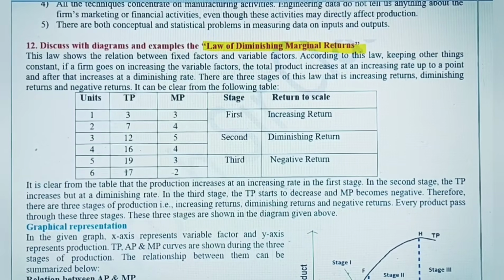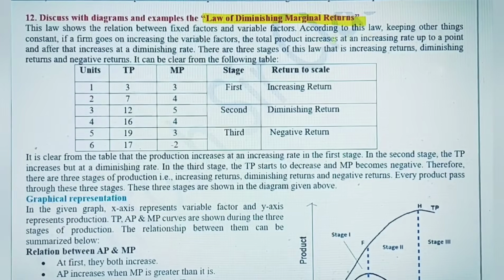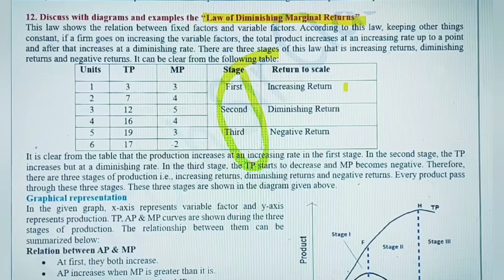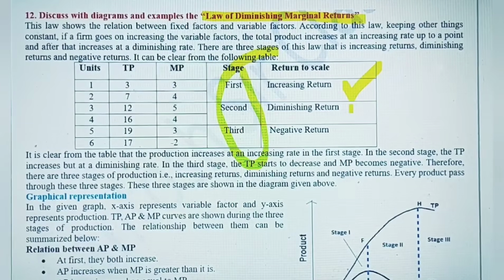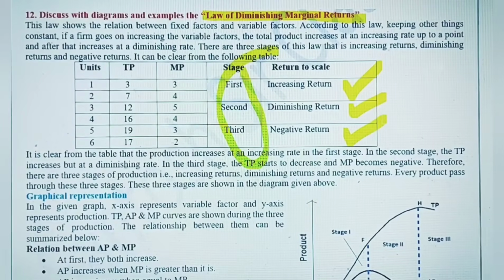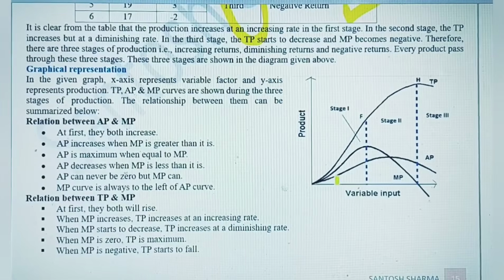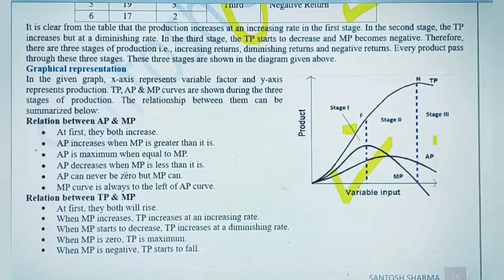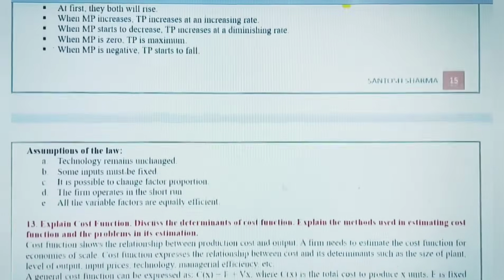Now just now I was telling you about कि TP, AP, MP इनका रिलेशन. तो ये जो लॉ है बेसिकली उसी से रिलेटेड है, जहाँ पे 3 स्टेज होते हैं, जहाँ पे सबसे पहले प्रोडक्शन इंक्रीज करता है at an increasing rate, then it decreases at a diminishing rate, and then becomes negative. So this is what is explained in this particular diagram. So practice this, the 3 stages and the relations. You can write about the assumptions also, assumptions of the law.